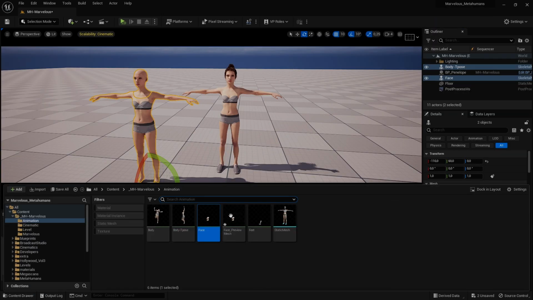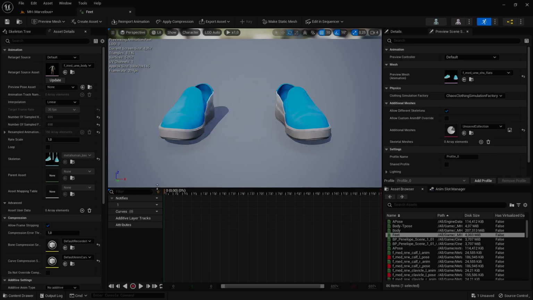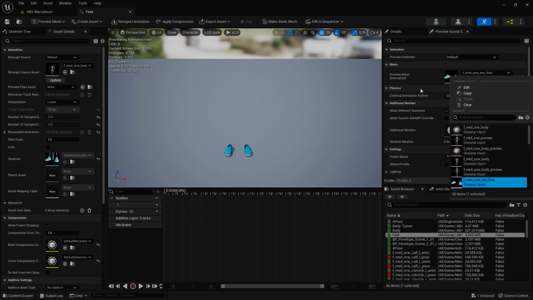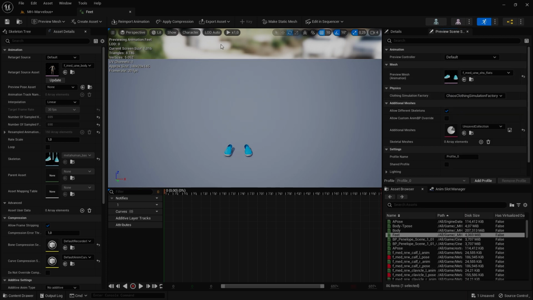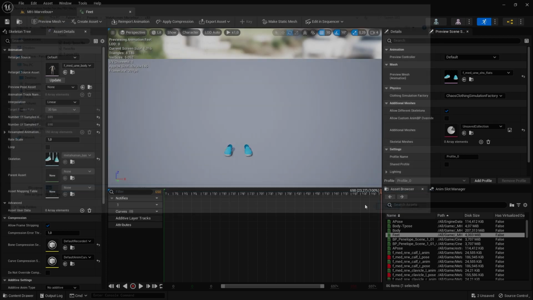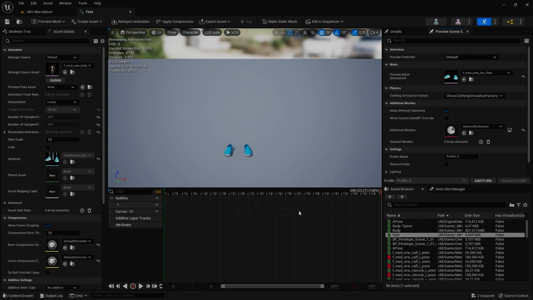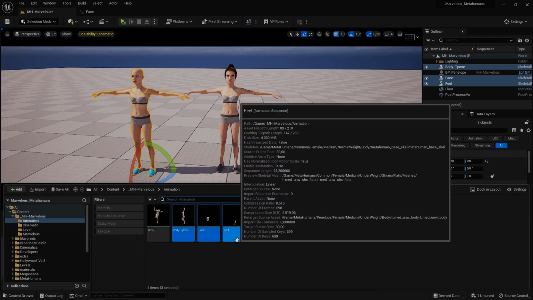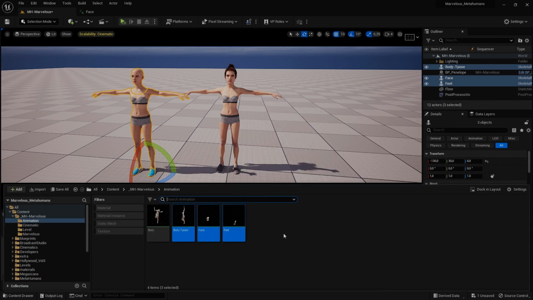Okay, close that. Next is the feet. Okay, again, make sure you have it selected and that it's applied, and then export preview mesh. Same settings, export. Once that's done, okay. Next, to make life a little bit easier in Marvelous Designer,